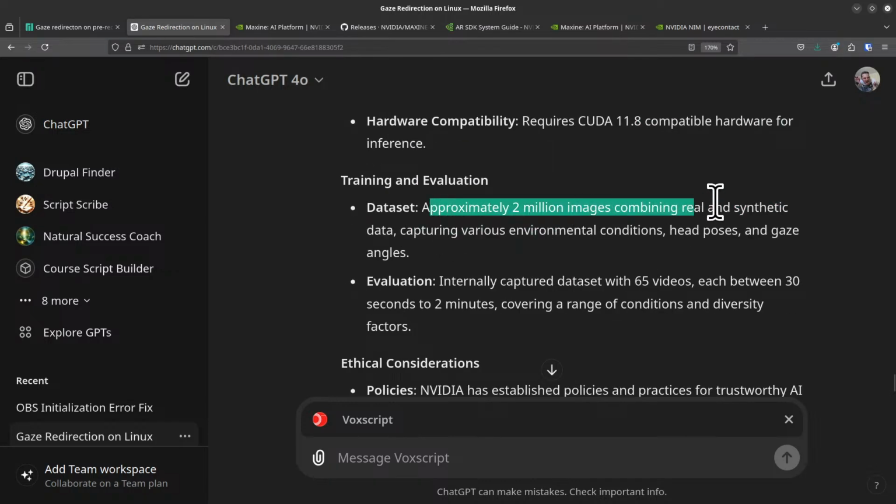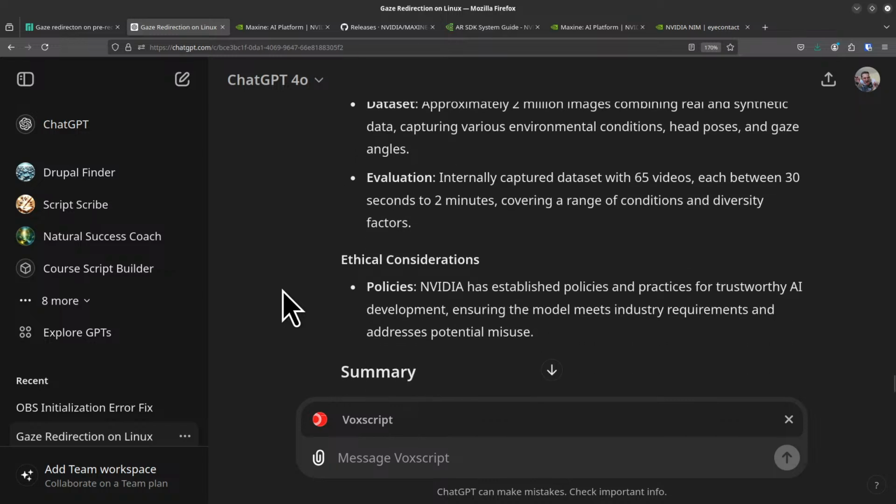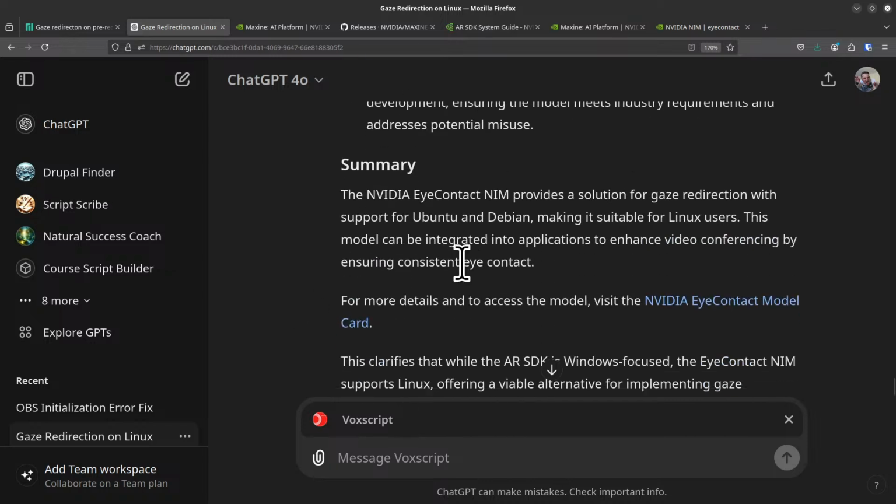Approximately 2 million images combining real and synthetic data, capturing various environmental conditions. Rules, evaluation, internally captured data set. The NVIDIA iContact and iVim